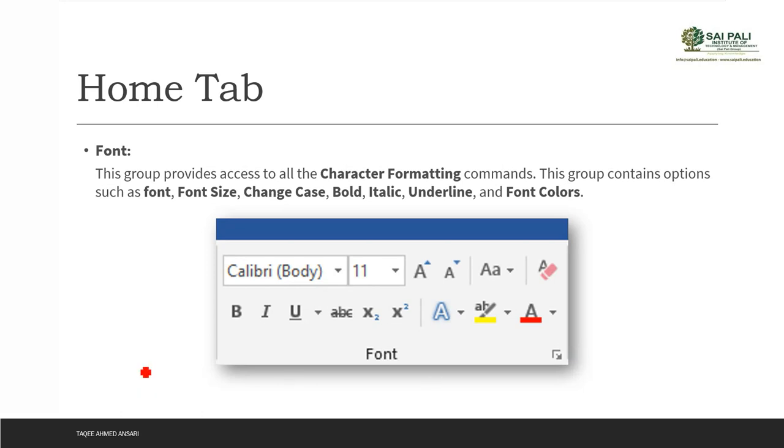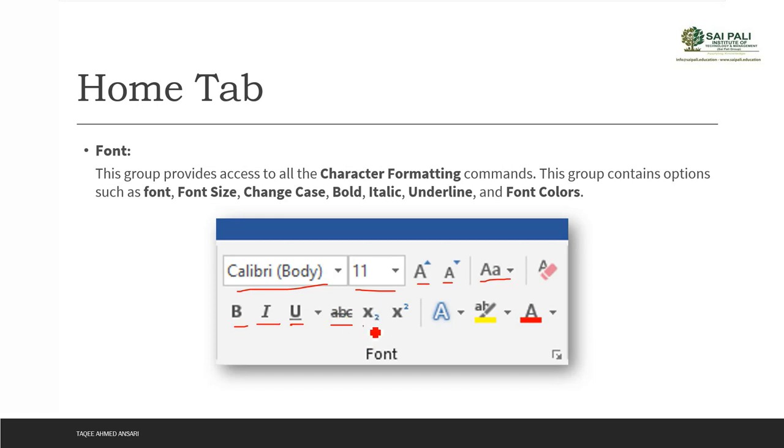We can change the font style and size by using this increase or decrease command. Also we can change the case, we can make it bold, italic, or underline the text. We can strike out the text also. That means sometimes we just want to display something like this text, I just want to remove this line or this word, so you can just use this strike out.